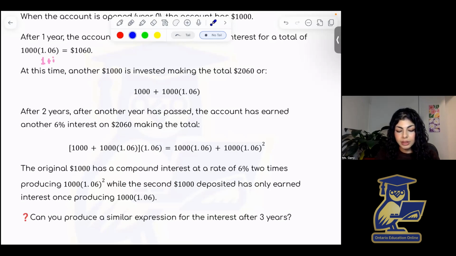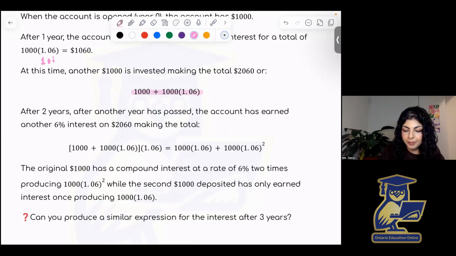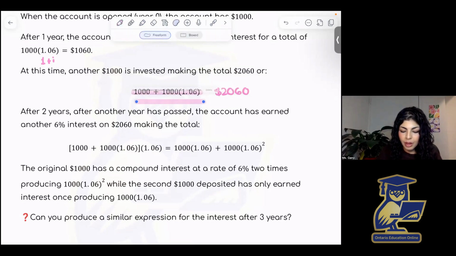So after 2 years, or after another year has passed, the account earns 6% on the $2,060, which means the total, and again, remember, this term here is the $2,060. So all I've done is rewrite this here and then earn that 6% interest on there. But again, because I want to know the total, that's why I have 1 plus i here, 1 plus i here,